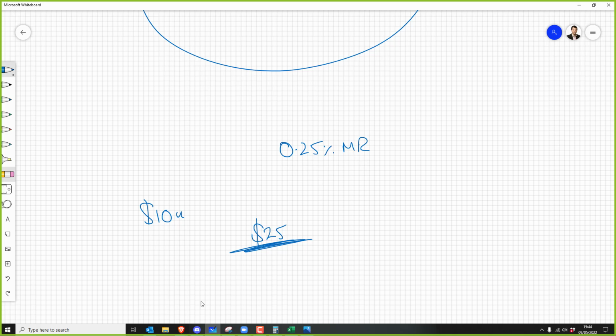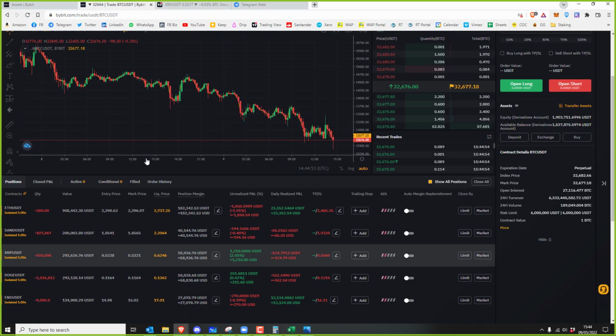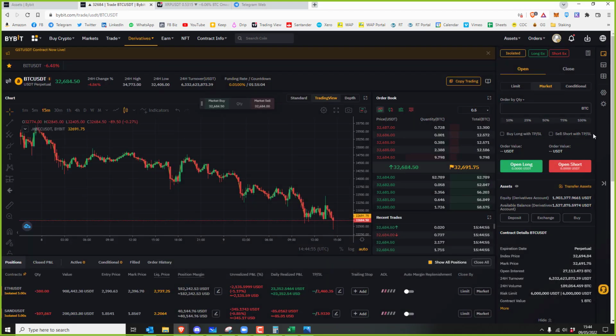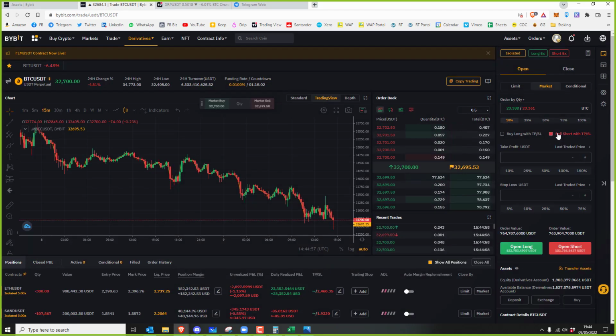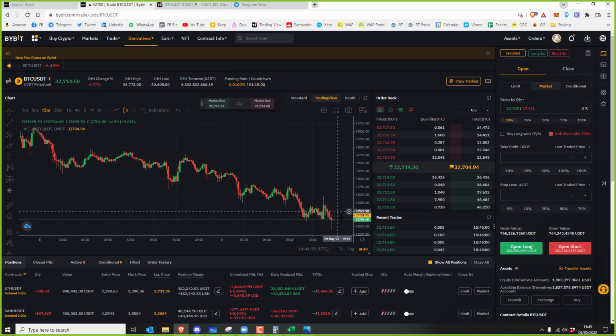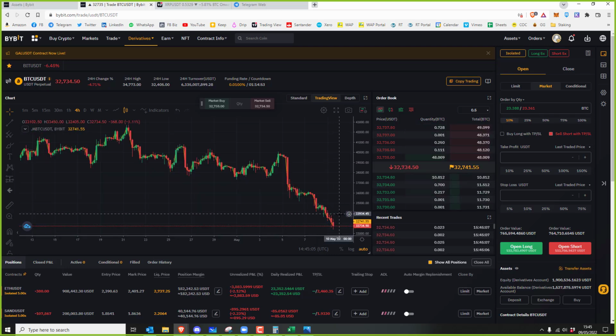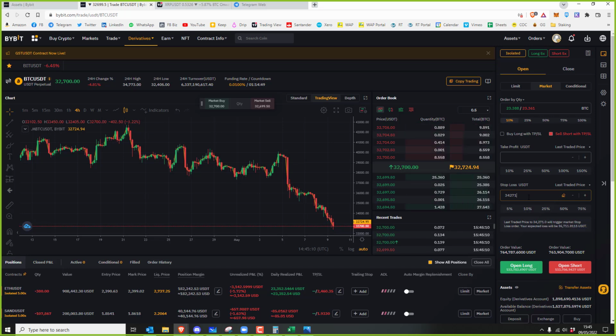So when you come to placing your trade, let's just place any old random trade, screw it, on Bitcoin, shorting it. First of all, you need to know your stop loss if you're going to short it. Let's say your stop loss is, I don't know, let's call it 3421, 342. I'm making up a random stop loss. Here, Bitcoin, you're going to lose 37 grand. Well, that's a bit too much because we only want to lose 25 quid.